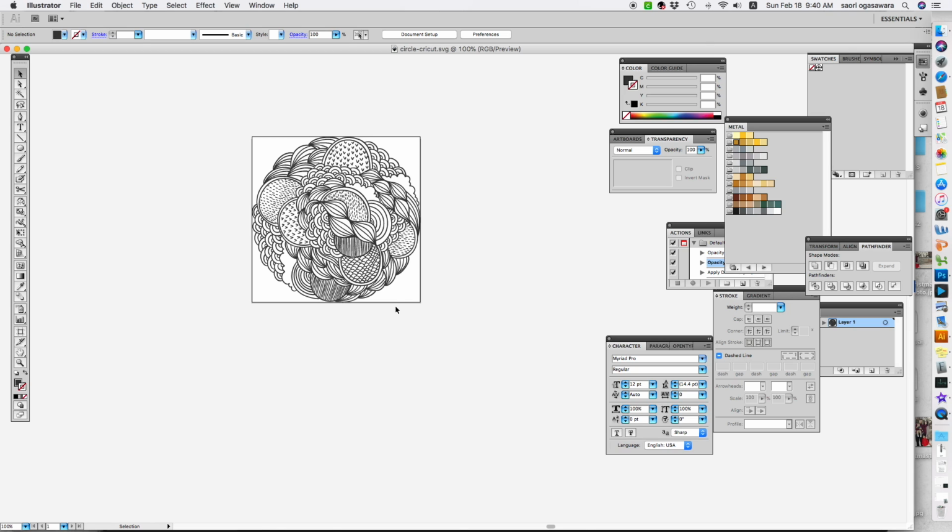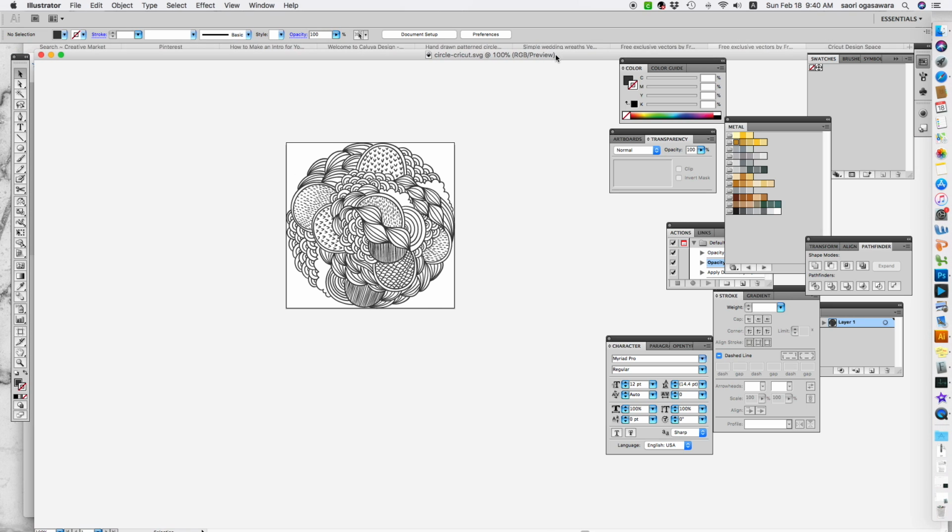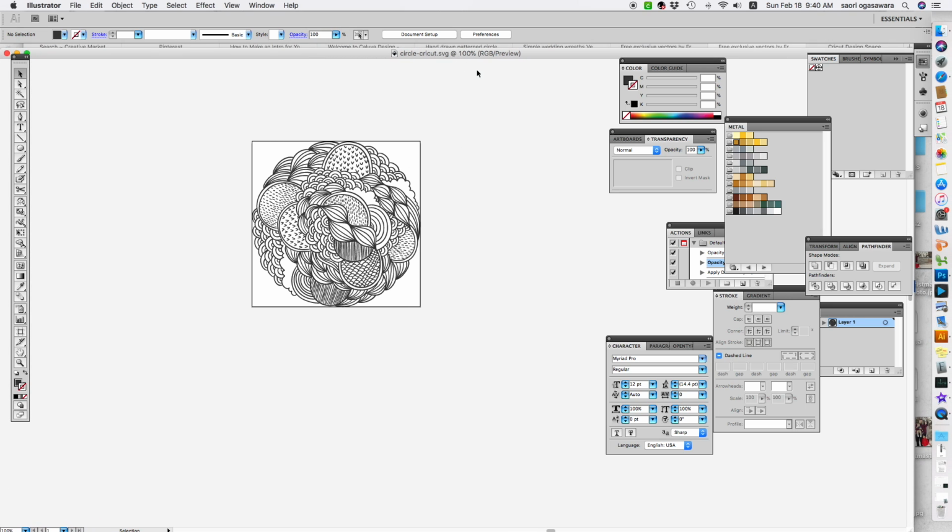It's really simple, and if you don't have Illustrator on your computer, you can use it for free for 7 days with the free trial. I put the link down below, so you can check it out, and it's free to download. I don't think they will take your credit card information when you sign up. You just have to make an Adobe account to be able to download the trial. But once you download it, you can try it out for 7 days, and you can play around with it and go back to